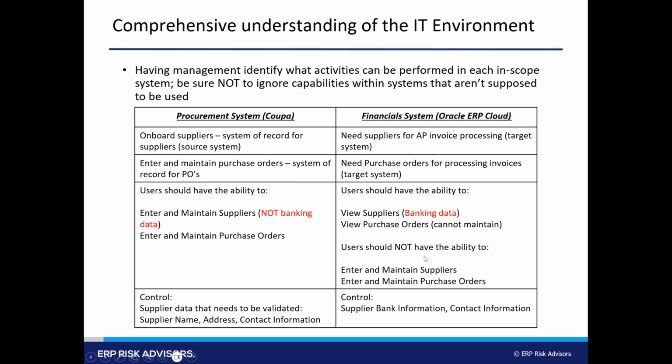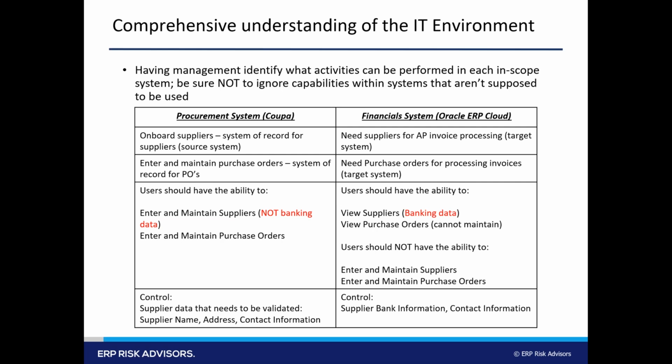So in that case, specifically in ERP Cloud, when you're designing the controls, you have to have the right controls related to supplier bank information, and your contact information would have to be maintained in ERP Cloud, so that if you get a letter in the mail that says, please change our banking data, you don't have somebody inadvertently or fraudulently updating the contact information. So that's where we see, again, the precision of the RACM. The RACM may not even,